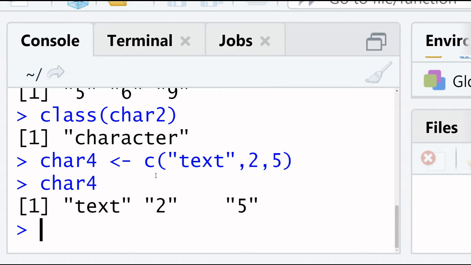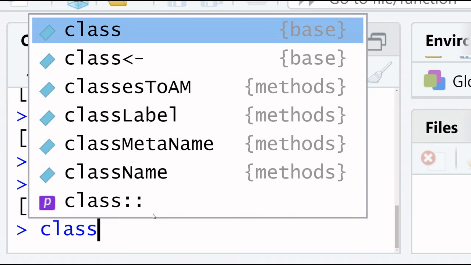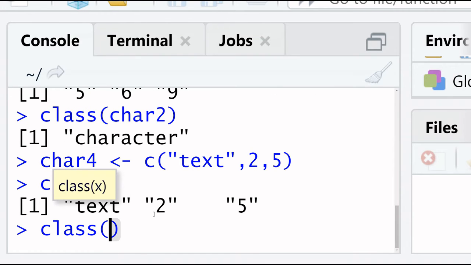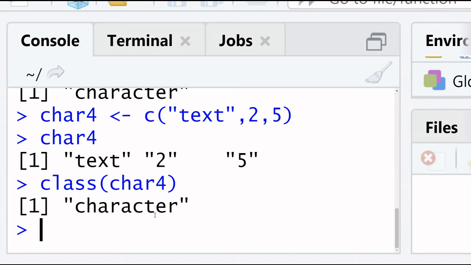So this is a vector where text is a character value, but these two values 2 and 5 are numeric. But we read that if a single character value is present in a variable or a vector, then the whole vector is considered as character. Now we check its class, which type of data it is. This is character.